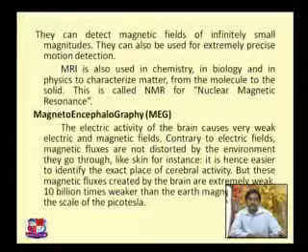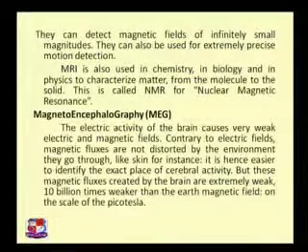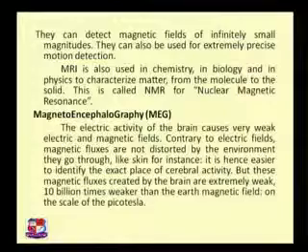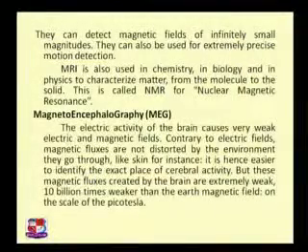But if you want to use it for non-living or material things, then we have another method, that is NMR, nuclear magnetic resonance, that can be used to identify the characteristics of the material with the help of this